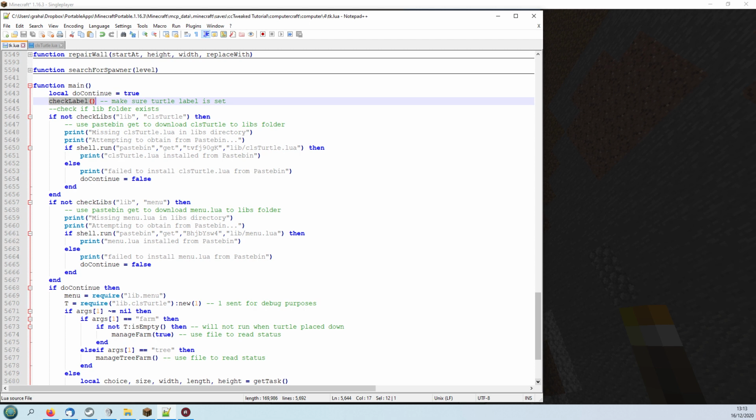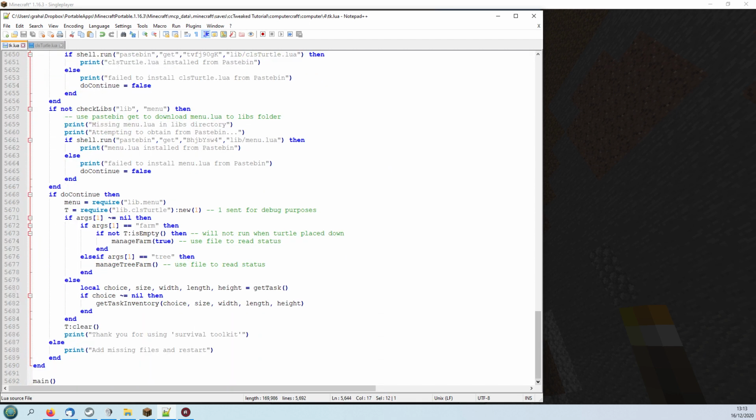The next section checks whether the library of functions is available, including this one, the turtle class. Again, I won't go too much into detail on that one. So assuming that it's found everything it's supposed to find, then we've got this first thing, which is the requiring of the menu